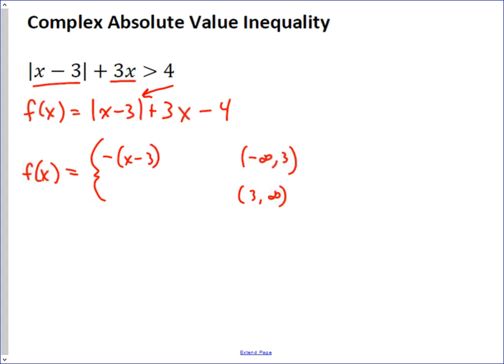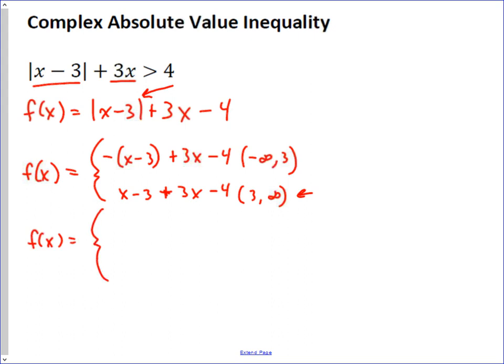The 3x and negative 4 are outside absolute values, so they just stay the same, so we get plus 3x minus 4. Then in the second interval, we get 3 to infinity, and so you pick a value in there, 5, let's say. Well, 5 minus 3 is 2. That's positive, so the absolute value is positive, so we write it just as it is. And then the 3x minus 4 stays as well. Simplify your piecewise function,